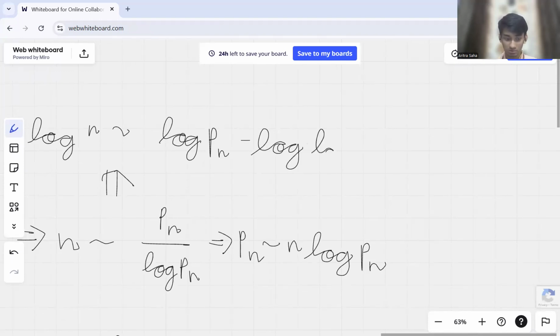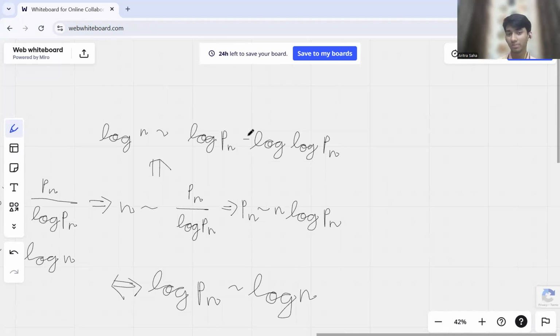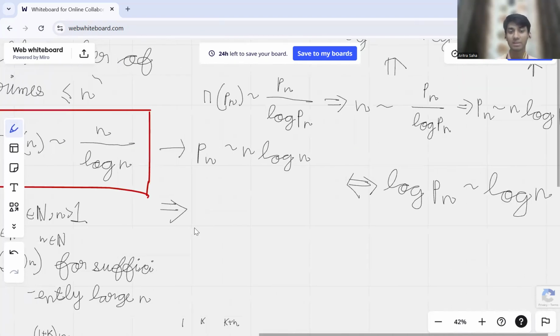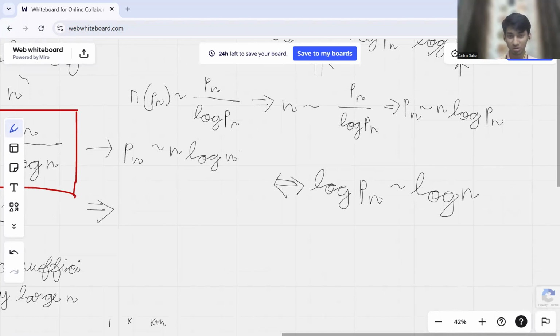And if you see, we can divide both sides by log of Pn, and this thing is small because log of x by x, for x large enough, will tend to 0, so this thing will get cut, and log of n will be close to log of Pn. So we have proven this, and that implies Pn is asymptotically the same as